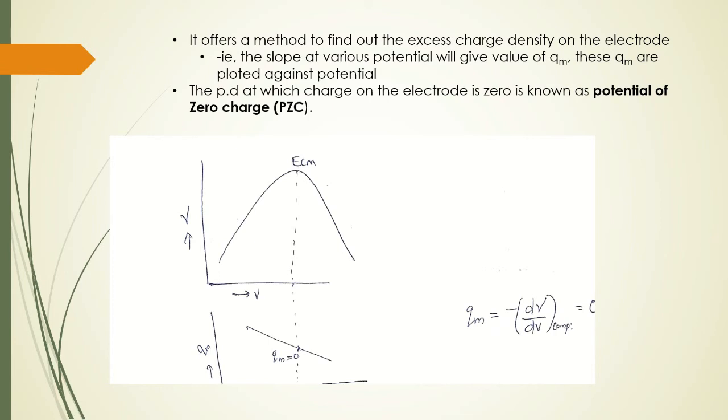So for liquids, the most convenient method to determine the PZC is making capillary measurements. And you can use these electrocapillary measurements to obtain the excess charge density for various electrolytes. That means electrolytes having different concentrations, and you can plot a graph of concentration against their potential or the surface tension that you have calculated.